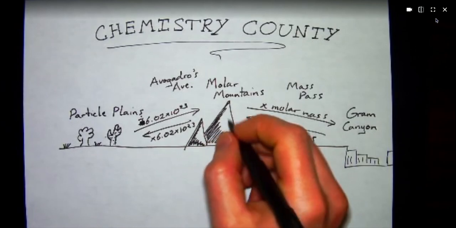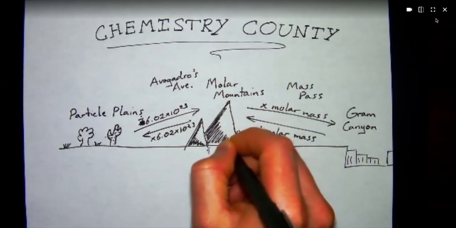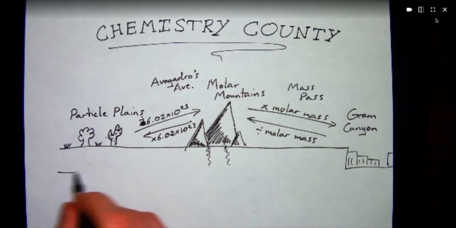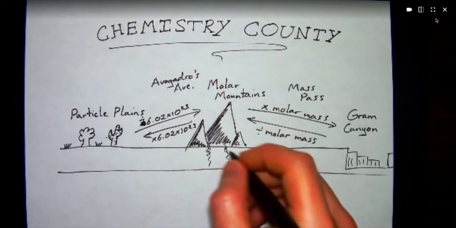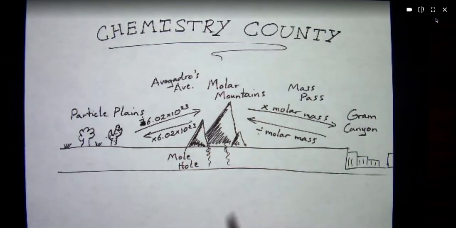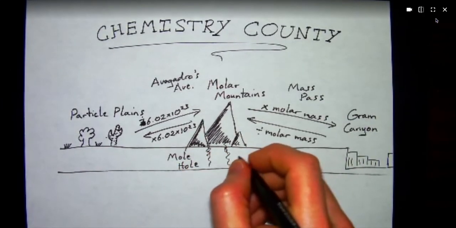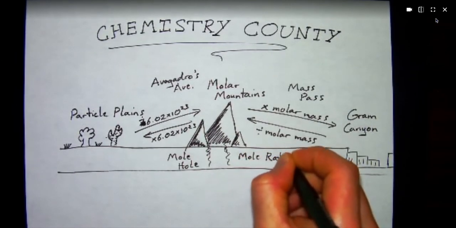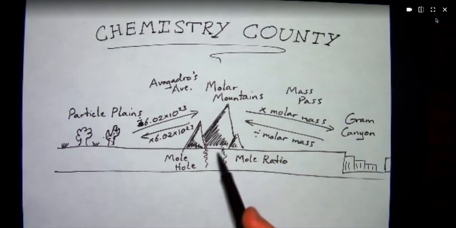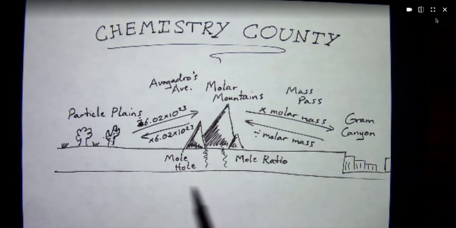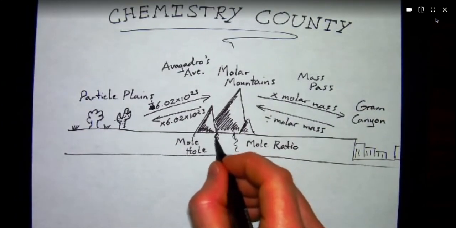I don't know how to draw this. We'll draw it like that. We're going to draw a magic portal to another land, and we'll call it the mole hole. And by going through this mole hole using a mole ratio, we can move from talking about one substance in a chemical reaction to talking about another substance in a chemical reaction. And once you get here, once you get into the land of another substance,